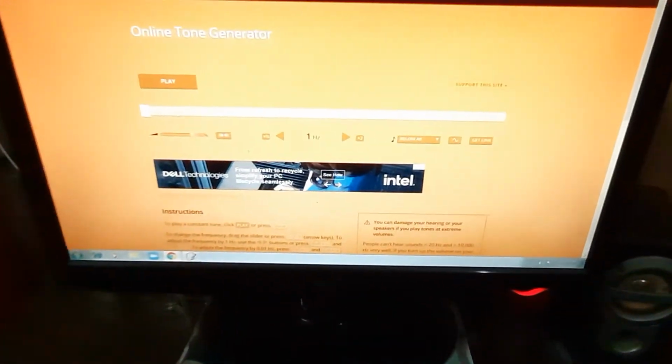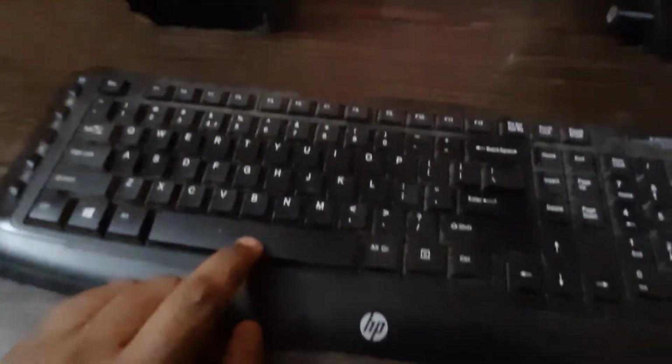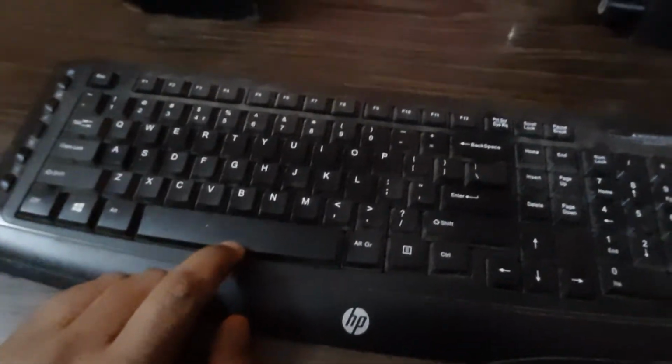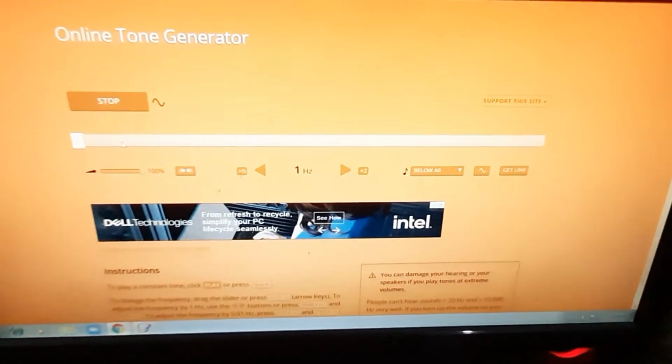So this is my computer, and now I am playing it. So it has started, and I will increase its frequency.